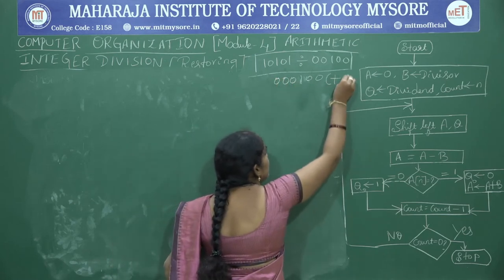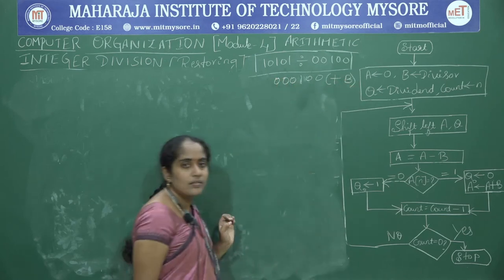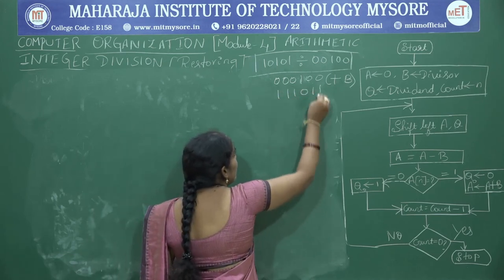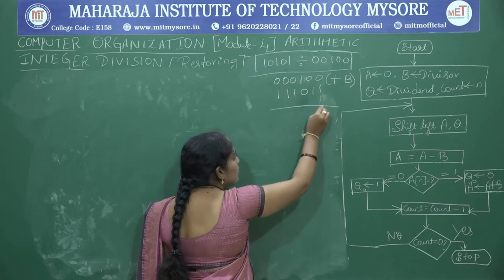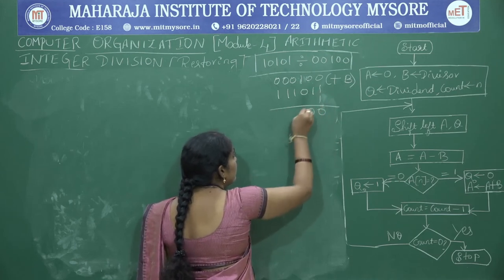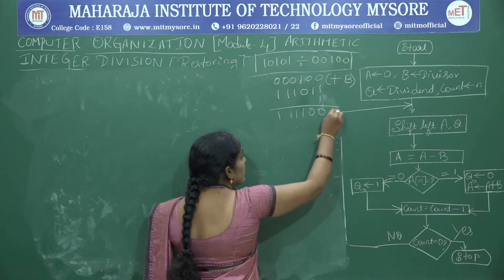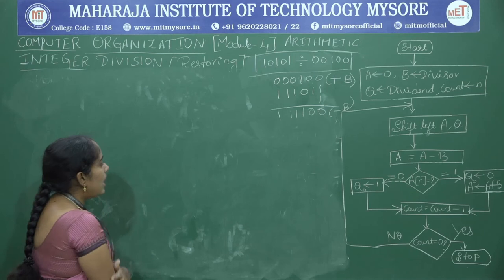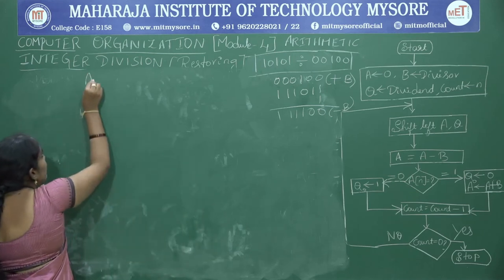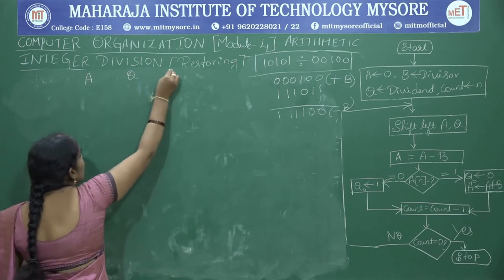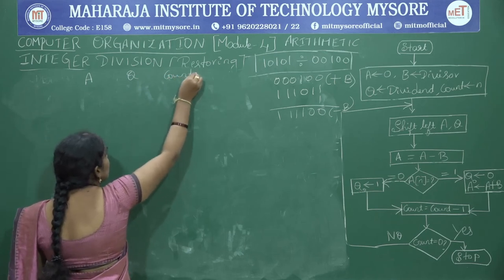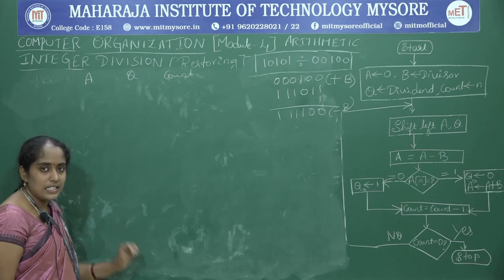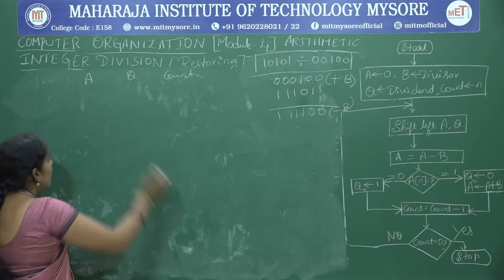So this is plus B, right? So it is minus B value. It is 1 1 1 0 1 1 and add 1. So 1 0 0 1 0 0 1 1 1 1. So this is minus B value. Okay. So now it is A value, it is Q value, it is count value here. So A it will contain how many zeros? Yes, exactly it is 6 zeros.